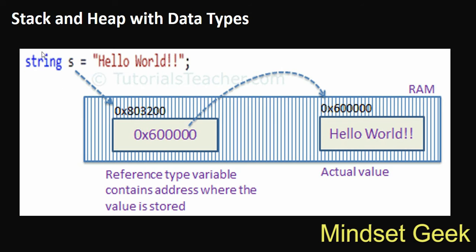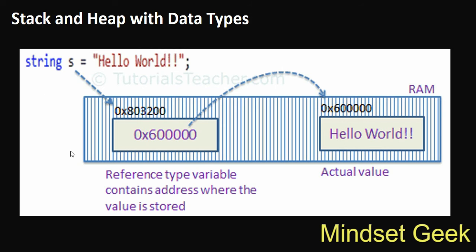In this example, they create a variable s. The variable type is a string type variable called s, and they assign the value hello world, in double quotation marks. This is the value assign part. They create a string variable with the variable name s and assign the value hello world. In the variable declaration process, they create a variable called s.